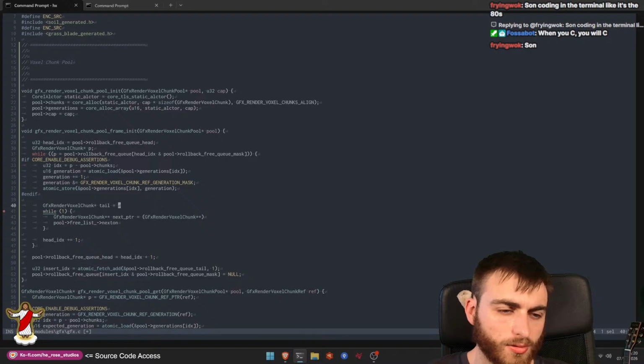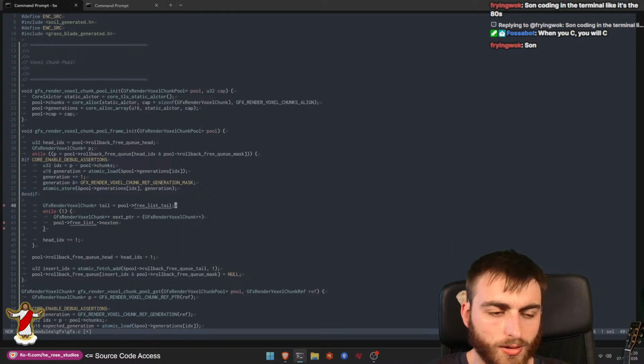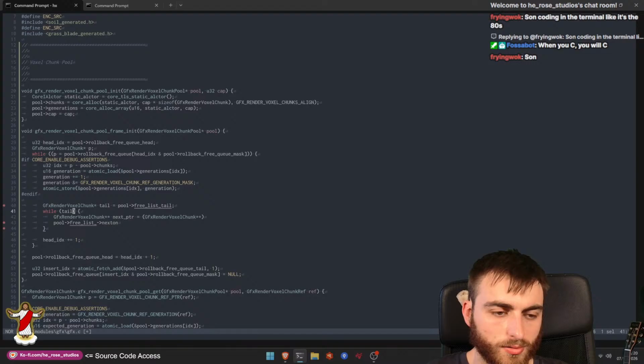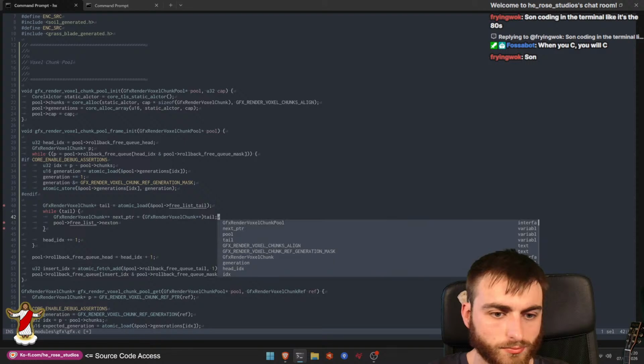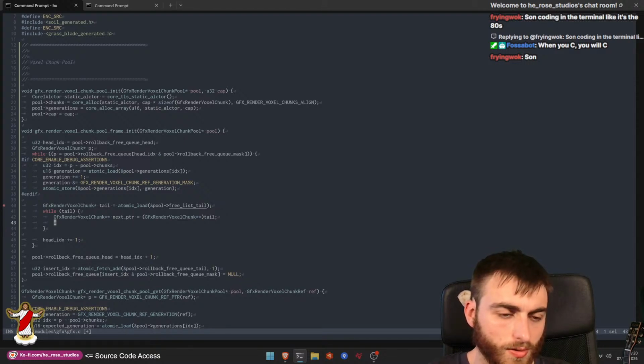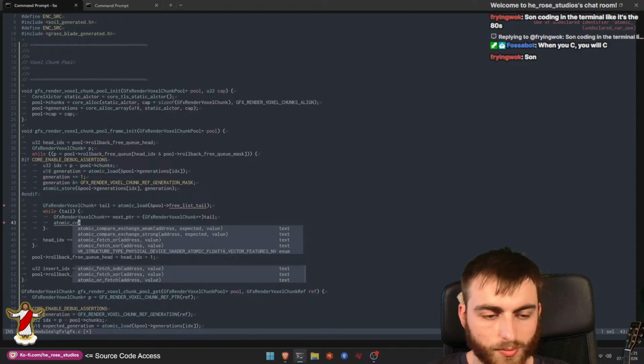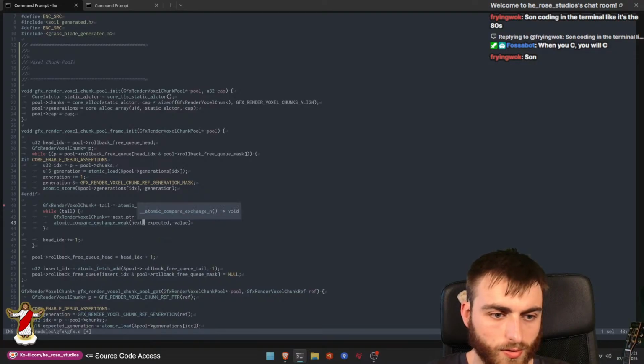So this is the tail. All free list tail, right? And if there is a tail, I think it's what we want to do. Right, then you want to try and atomic store that into there basically, or compare and exchange weak into the next pointer. It's expected to be